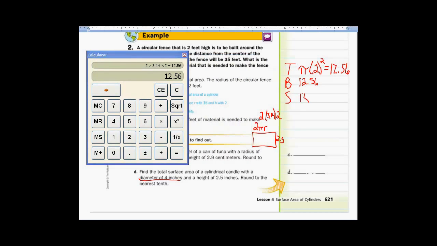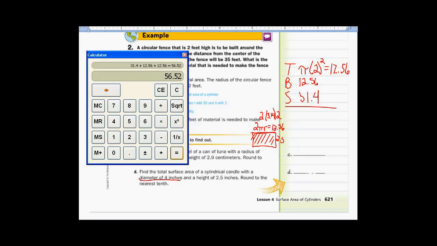Nope. Very common mistake to happen. So make sure you're paying attention to what we're doing. What is that 12.56? That's just this dimension right here. We now have to take that in order to find this area. We now have to take that times 2.5. So lots of steps here. That tells me that my lateral surface area is 31.4. Add those together. 31.4 plus 12.56 plus 12.56 equals